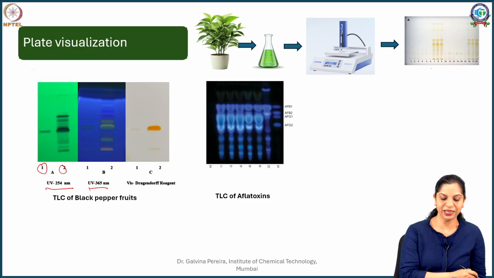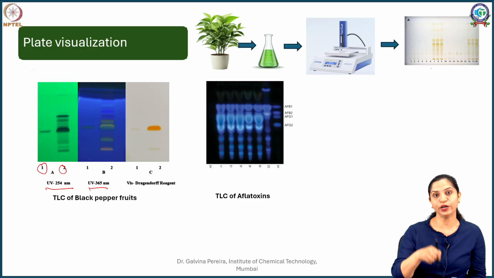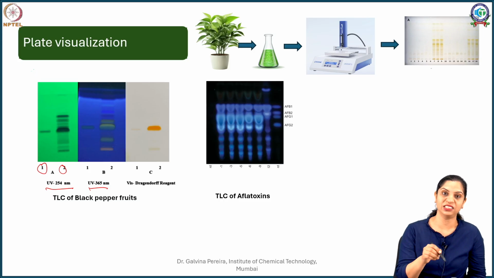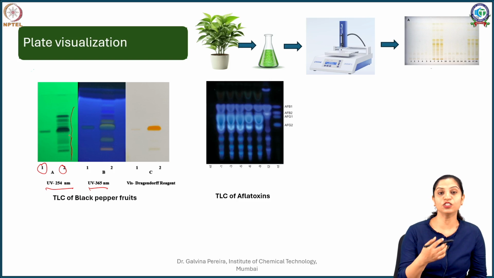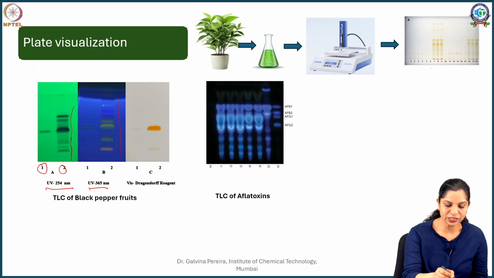Take the same plate and dip it in Dragendorff reagent and slightly wash it with water. Your Dragendorff reagent is a little orangish, so it renders an orange color. The moment you wash it with water, the orange color remains only on places where alkaloids are present. So when you see so many bands, you are telling that definitely there are so many compounds which are seen. Here you can see even more.